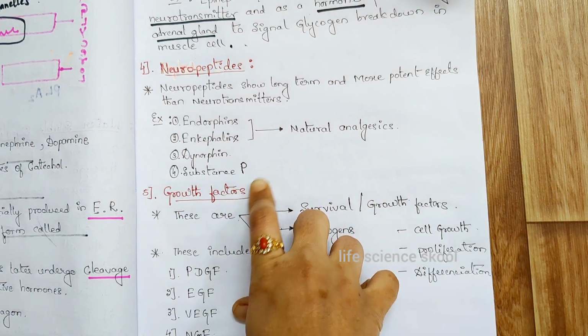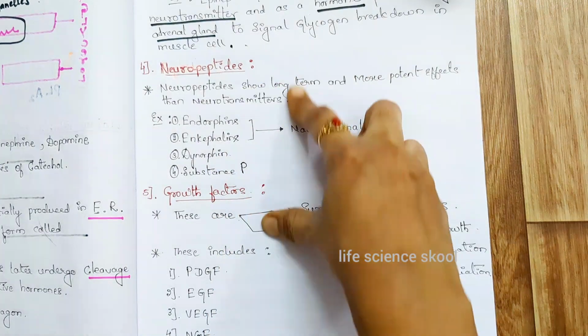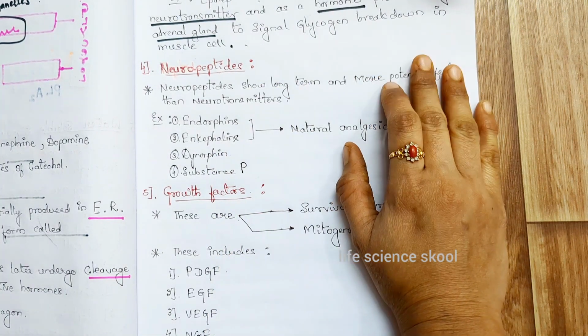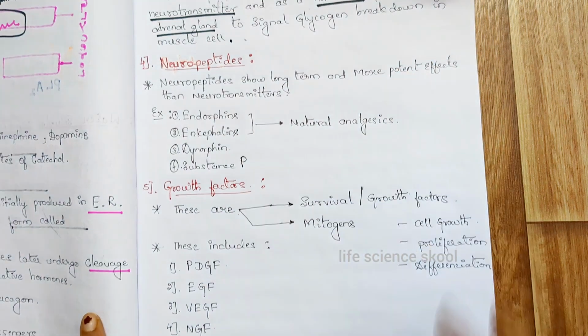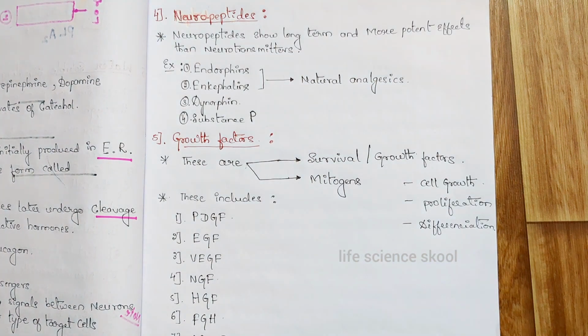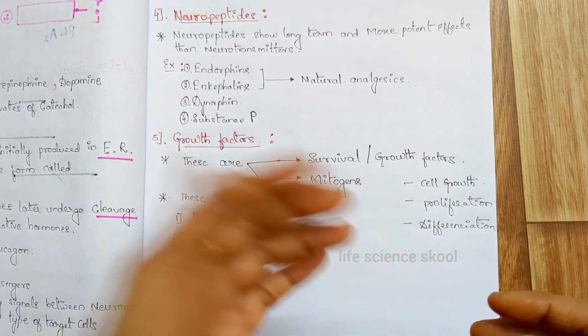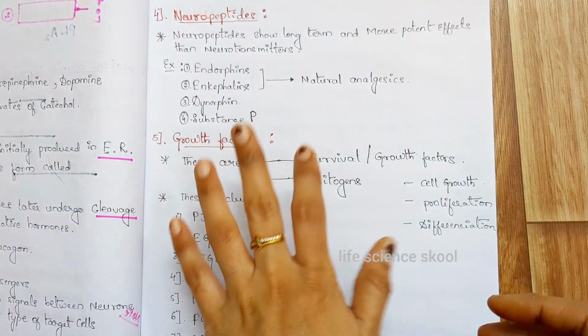Substance P regulates the pain response. These are the neuropeptides, and these are water soluble signaling molecules. The next important one is growth factors. What are these growth factors? Growth factors are also signaling molecules, in particular water soluble signaling